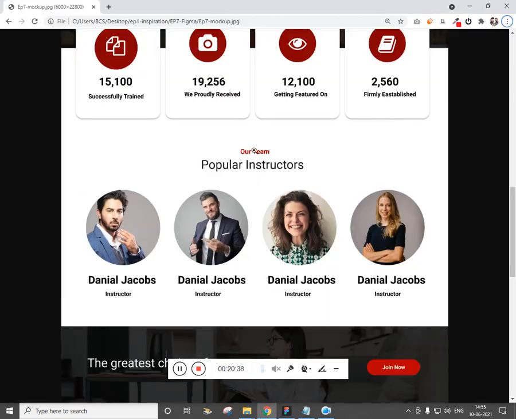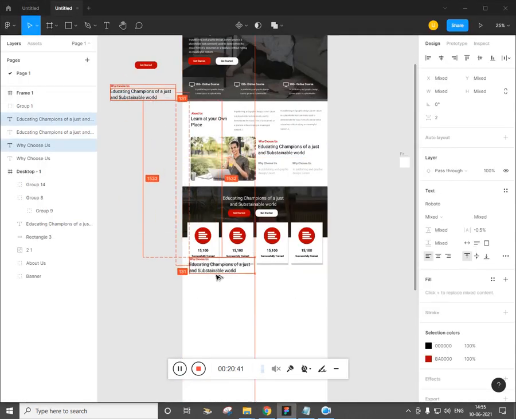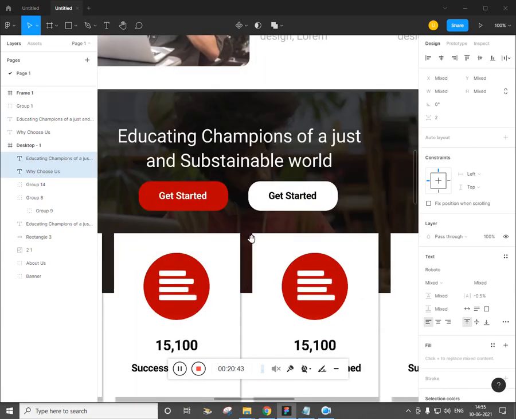Now again we need the heading, alt drag and place it, zoom in.